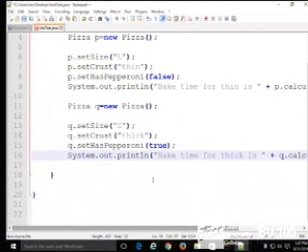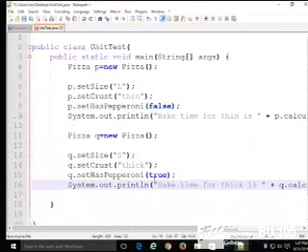Now I have two different pizza objects. If I were to ask you how many objects get created, two objects get created. How do I know that? Because I see the word new two times. New means an object gets created. So I have two pizzas, one of which I set with one set of parameters, and the other with another set of parameters.